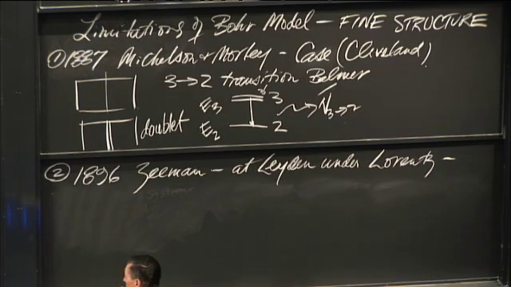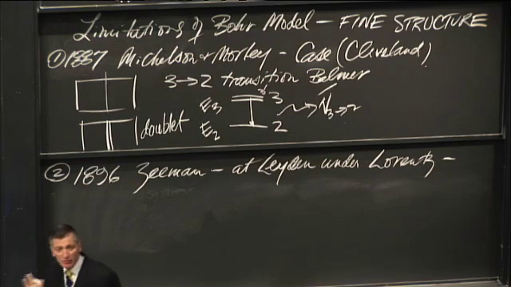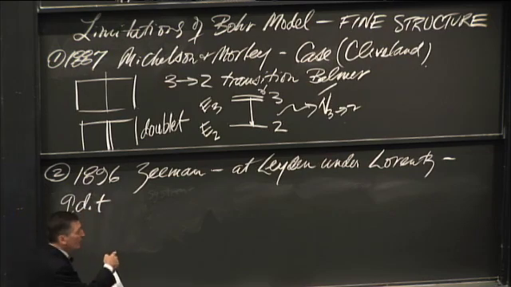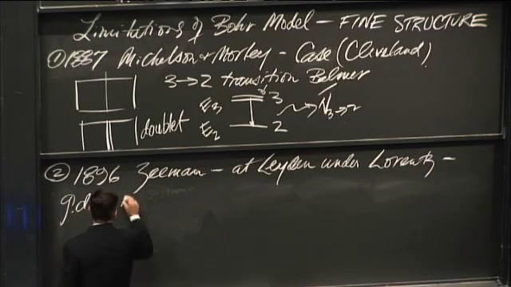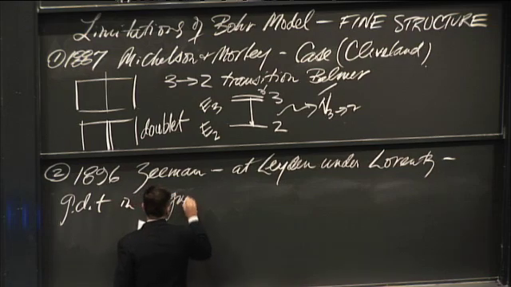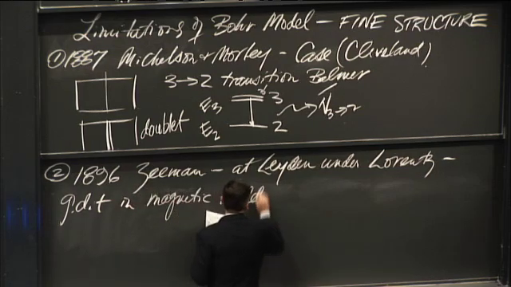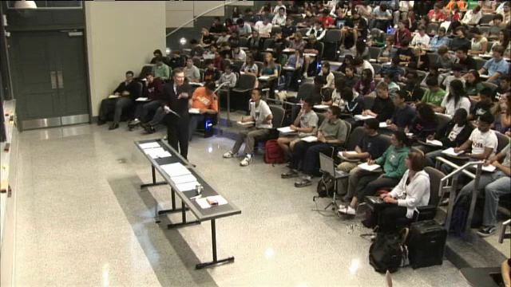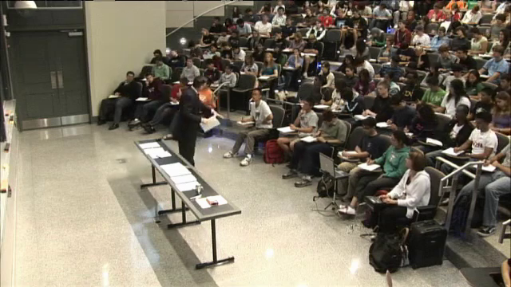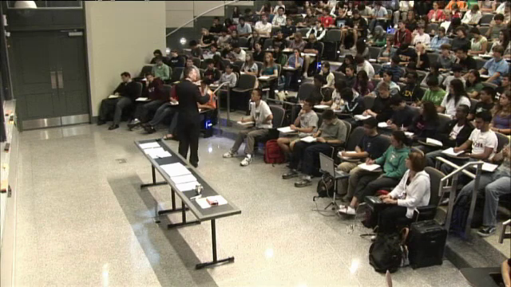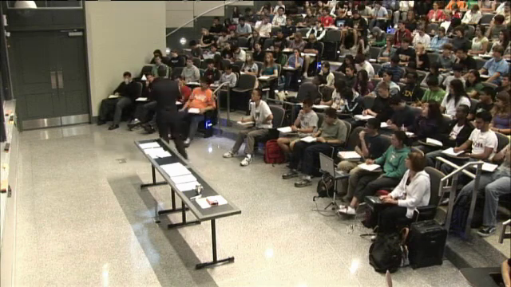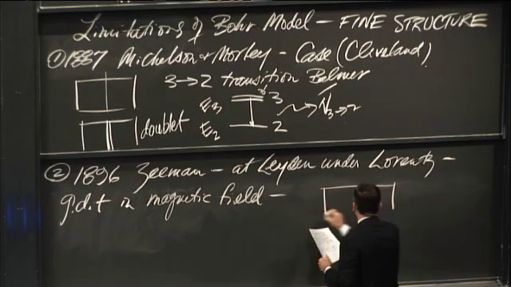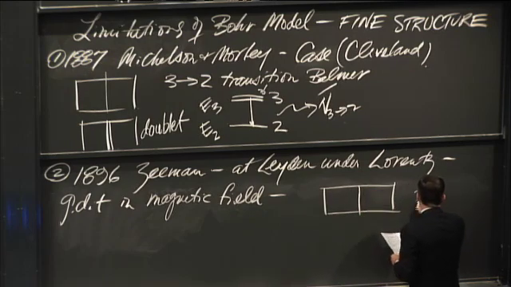And what he was doing was, again, a gas discharge tube. And what Zeeman was doing on his postdoc was in a magnetic field. You see, these people were doing all sorts of experiments. They were trying to block out the whole experimental space. So one guy's specialty is high energy. One guy's specialty is low pressure. These people were taking a gas discharge tube and putting it in the jaws of a powerful permanent magnet and then measuring the spectrum. And what he found was that for certain lines,